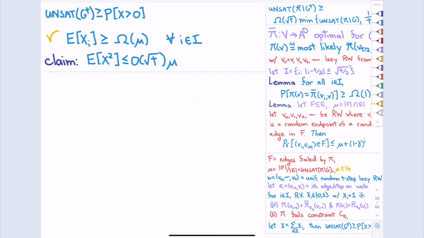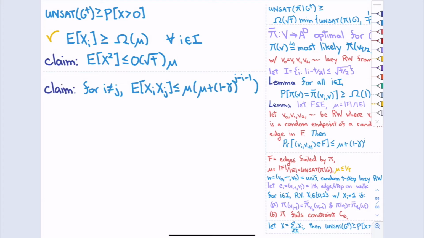All right. So this will expand into a big sum, which will have a lot of cross terms. So we have one more baby claim first, which is that if I look at two of these things, we have some bound on the cross terms. So remember, x is the sum of xi's. So when we expand out x squared, we're going to get a lot of these xi, xj terms. That's why we're dealing with it now, and then we'll come back to the x squared.